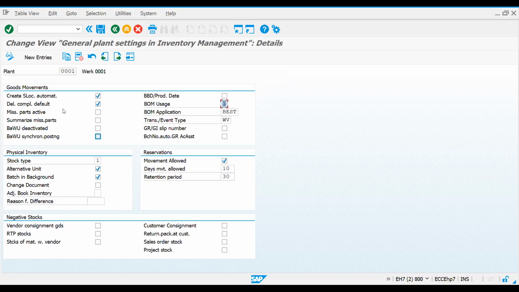Being an SD consultant, you need not get into the detail of the definition of all these things. Just copy this one. This is for standard plant 001, which has been created. Now create it for your plant. Just copy and save this.